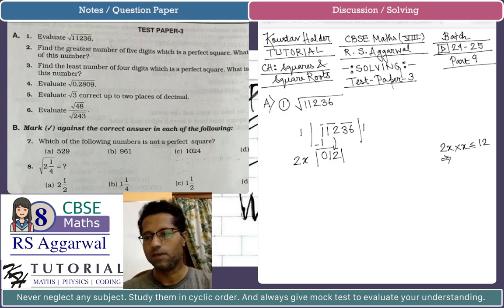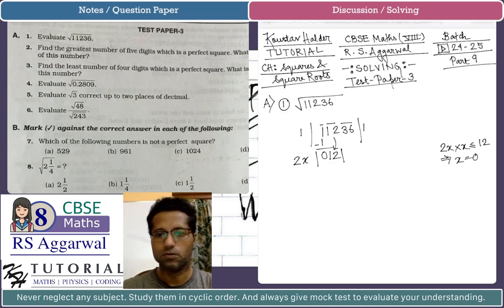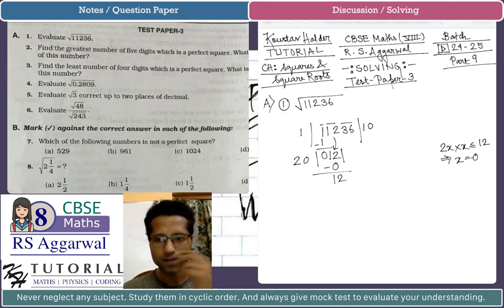Now x cannot be even 1. If x is 1, 21 into 1 is 21, which exceeds 12. So x has to be equal to 0. So x is 0 and we will append 0 in the quotient, and definitely 20 multiplied by 0 is 0. We have 0 and the remainder is still 12, and then we bring down the next period,